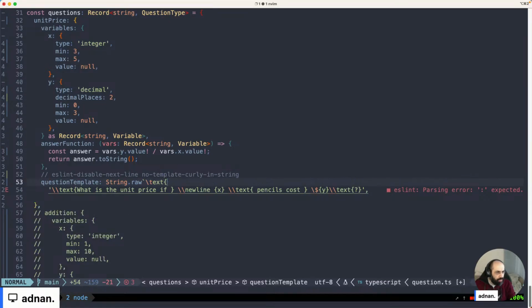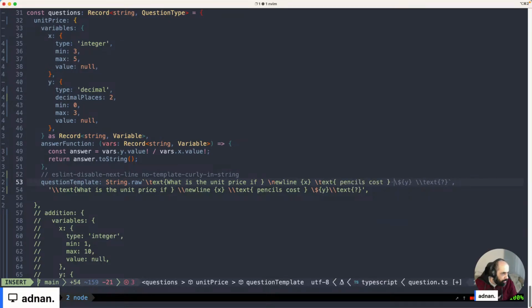What are you doing? What is the unit price if new line? And now new line is no longer. I think I messed that up. X, and then it still doesn't want to. It's still really intent on